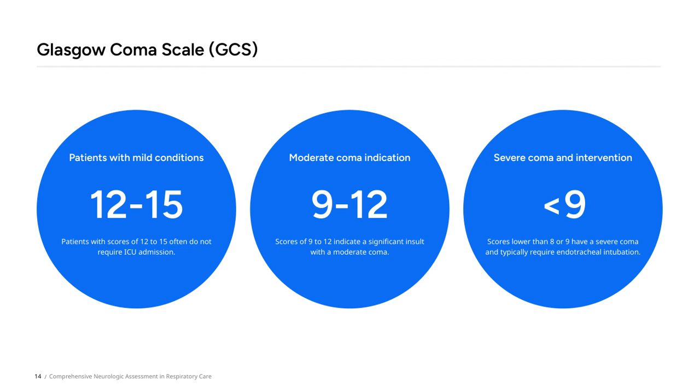Patients in this range are often alert enough that they do not need ICU admission and can be managed with less intensive support, depending on their overall clinical picture. Understanding these distinctions helps us tailor our interventions effectively and prioritize patients who need urgent care. So, the GCS provides a valuable, quick snapshot of neurological status, guiding us in making timely, appropriate decisions in respiratory